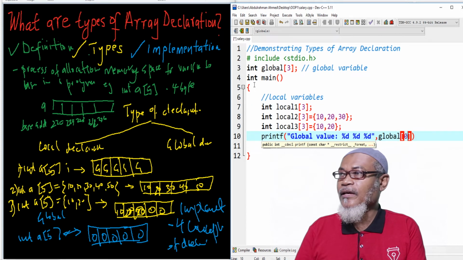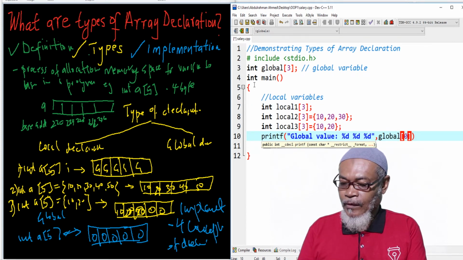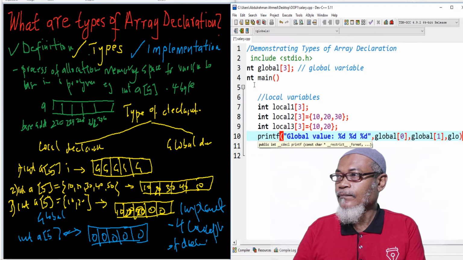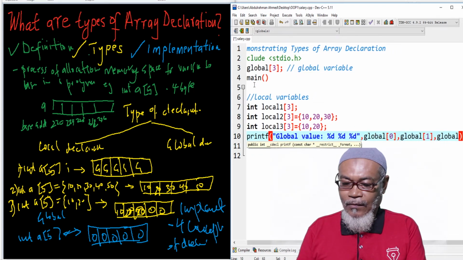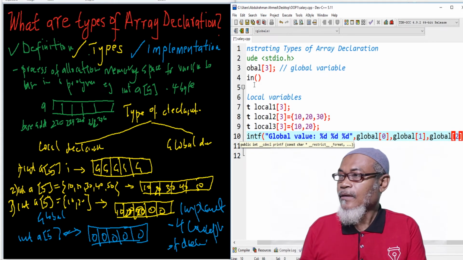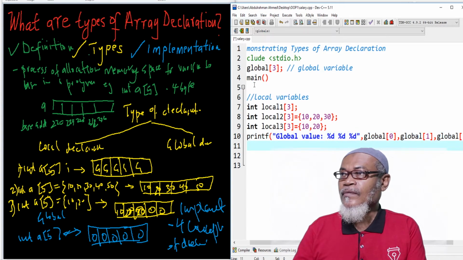So here we're having the index 0 and we're having global, and then we are having our index 1 and we are having global, and we are having our index 2. So this is the code for how to access our 3, and then basically we are going to have another printf,